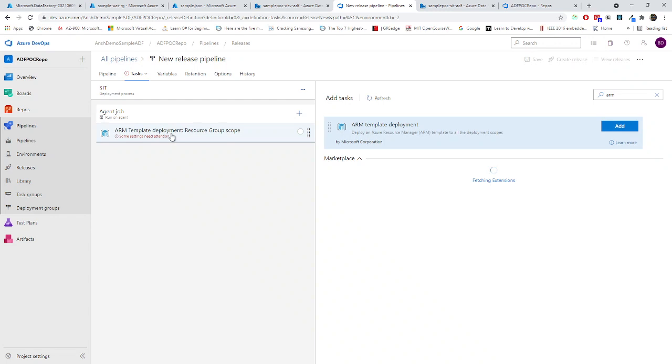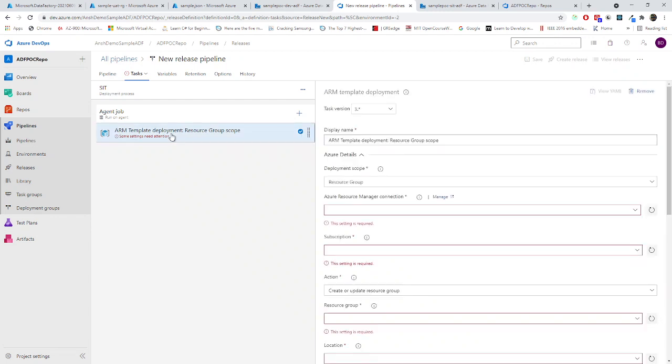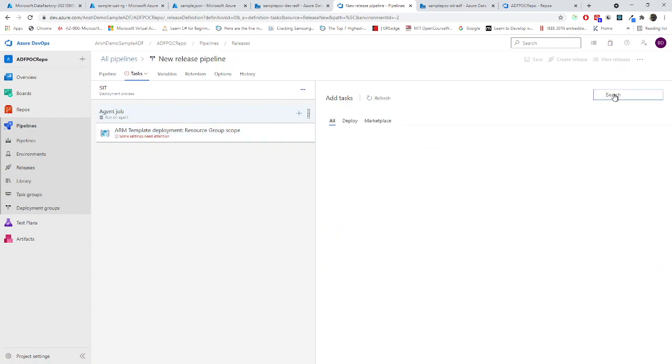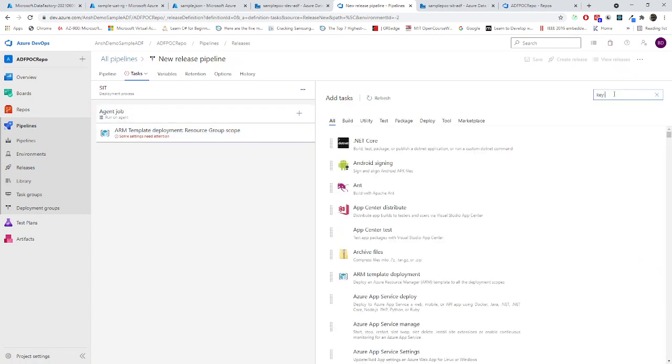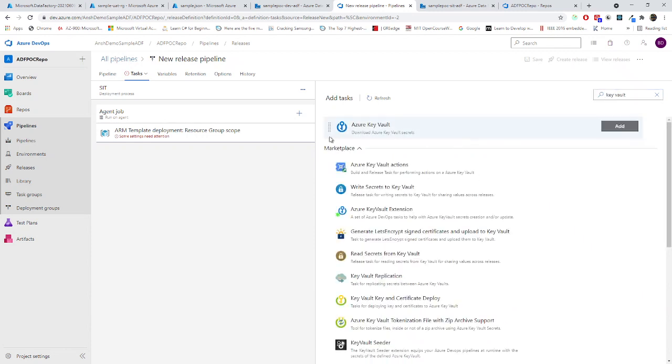Now if I go over here, one of the best practices I can tell you is that it's better to fetch everything from the Key Vault. If we go to Key Vault, it should show you something. Let's see. See, Azure Key Vault has been there. You can just fetch everything from the Key Vault, or you can write secrets, everything from here. It's a good practice that you should fetch everything from the Key Vault before starting the deployment.